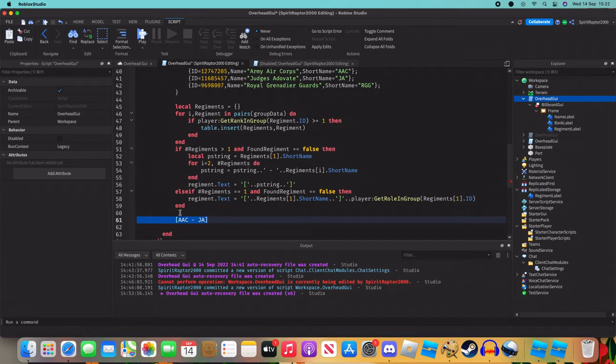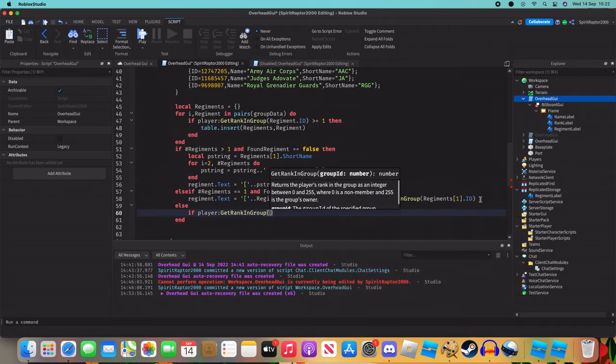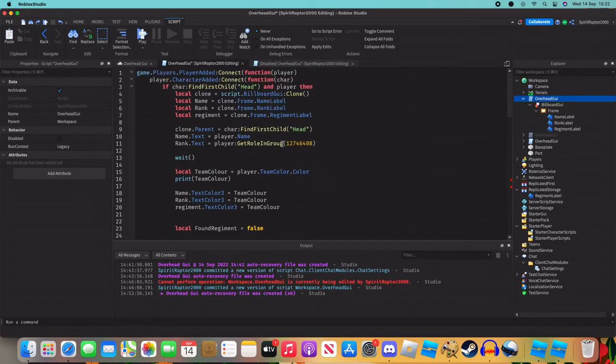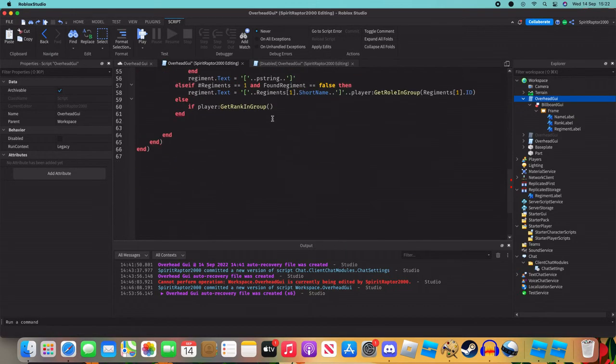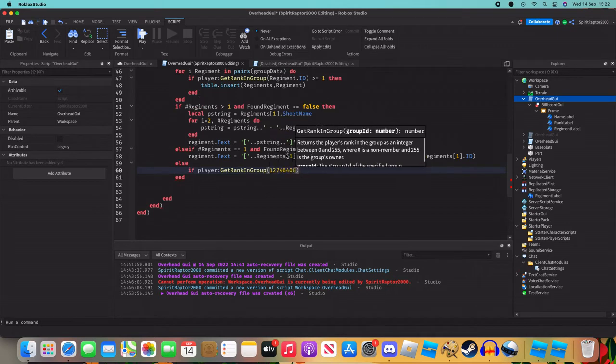That's all that is. And then finally, we're just going to do if someone isn't in any regiments, but they are in the army. So we'll do if player get ranking group. Oops. Just find the group ID. There it is. Is less than 25, which is the headquarters rank, then